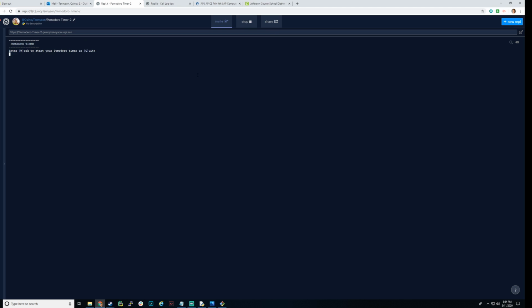So I'll run my code. It tells me I'm using the Pomodoro timer. I can enter W to start my Pomodoro timer, or I can press Q to quit. I'll go ahead and get started. So I'll say W, and then it will tell me I've started my Pomodoro timer, and it's going to ring at 0:35. While it's running, I want to point out that on Replit, because these servers run on UTC time,